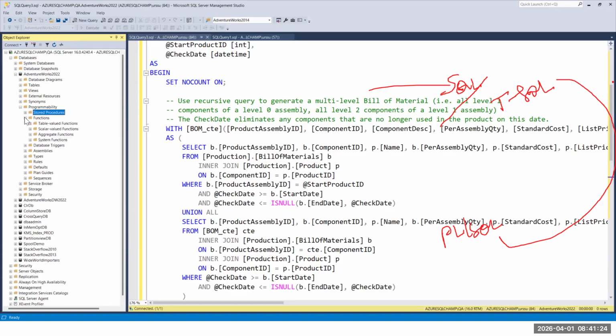Functions. When I go to the functions, again they will create different types of functions: table valued functions, scalar functions, aggregation functions. So they will do different steps. What do you mean by function? What do you mean by stored proc? What is the difference between stored proc and function? Even if you are a DBA, they will definitely ask these questions. So that's the reason I told you that I will take one separate session where we will talk more on these concepts only. What is stored proc? What is function? What is the difference between function and stored procs?